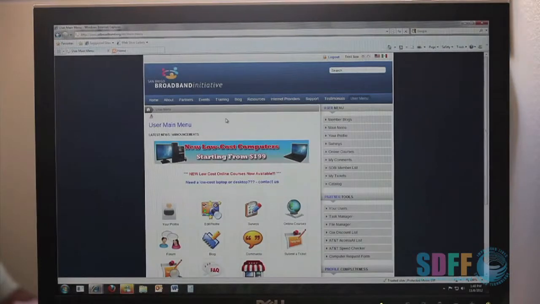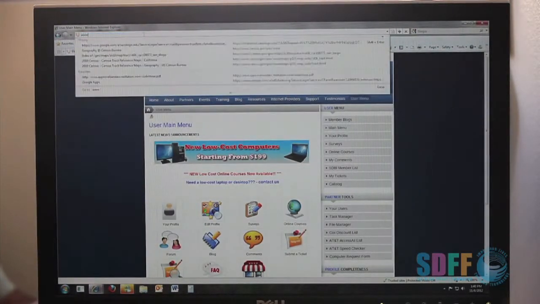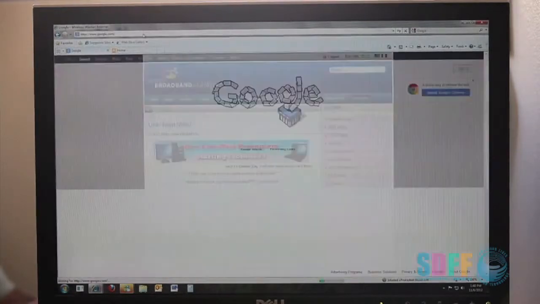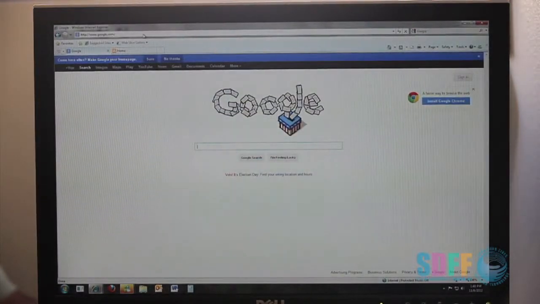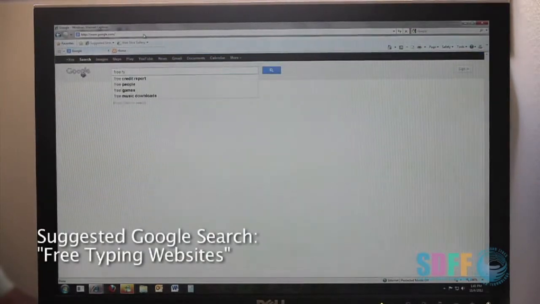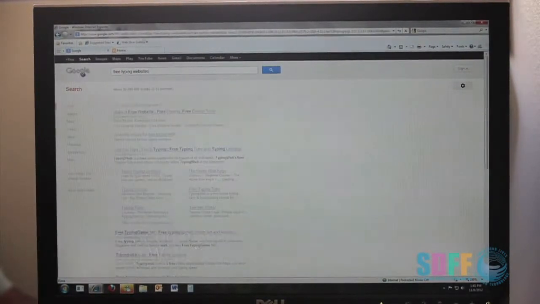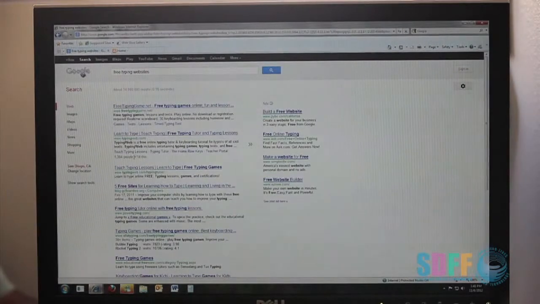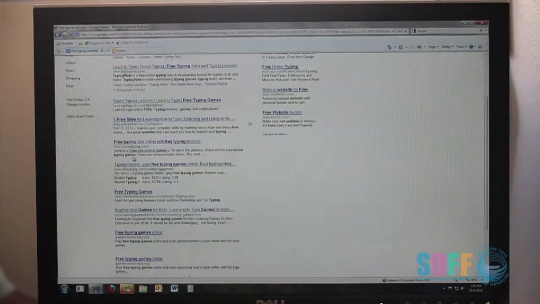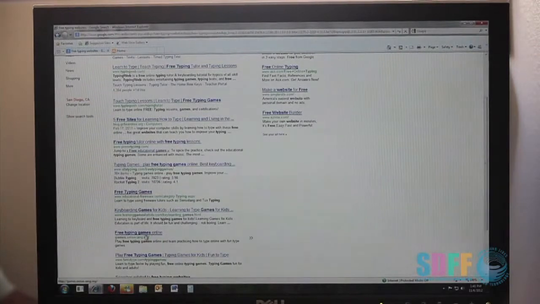These are some general layouts and requirements that you'll have while you are quote-unquote web browsing or web surfing. And as you go between websites, you'll be able to utilize your URL to type in new fields such as google.com. And for those who want to practice their typing, all you have to do is actually type in something like free typing websites. And once you hit enter, you'll see that there are going to be tons upon tons of free typing games